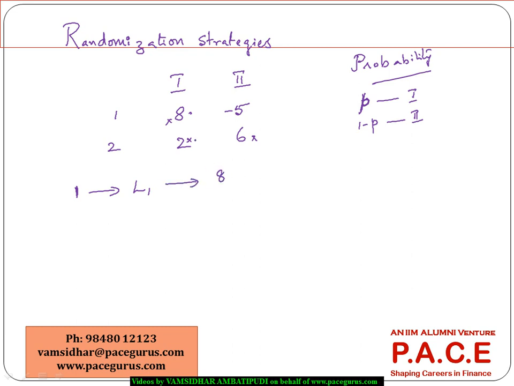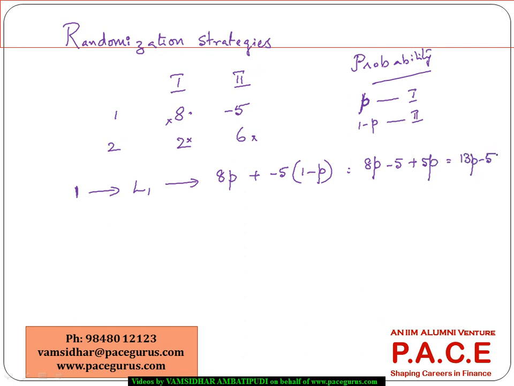So he will have a loss of 8 with a probability P, and a gain of 5 with a probability 1 minus P, which would be 8P minus 5 plus 5P, otherwise 13P